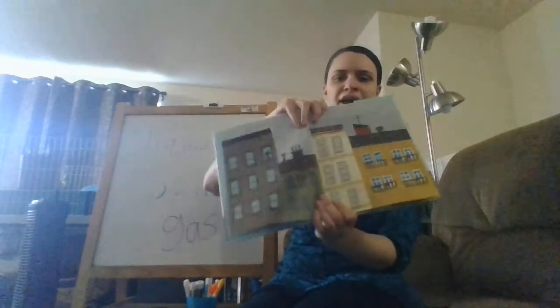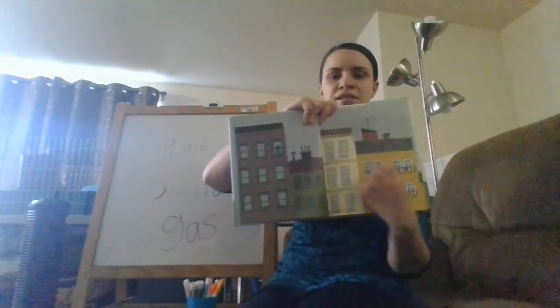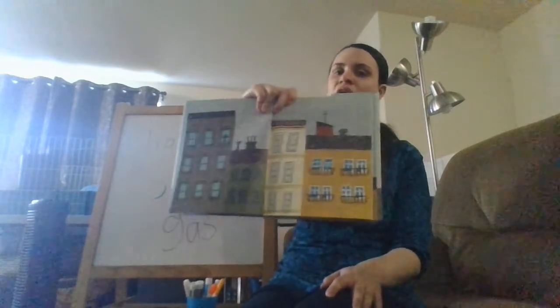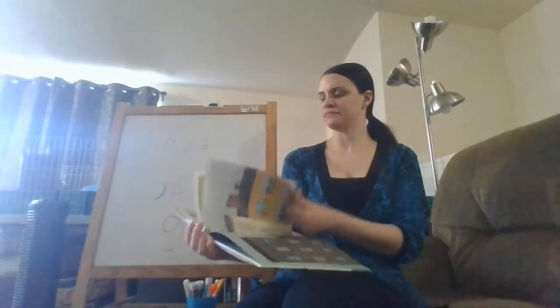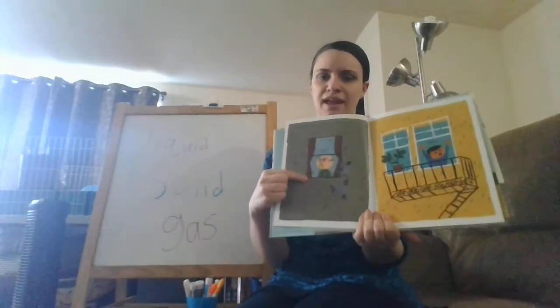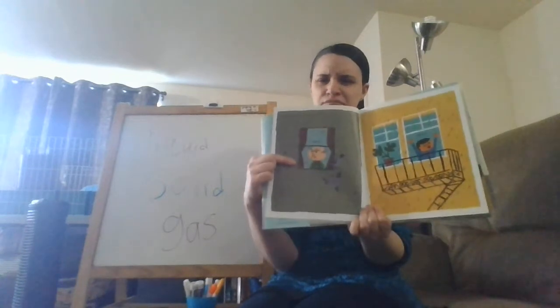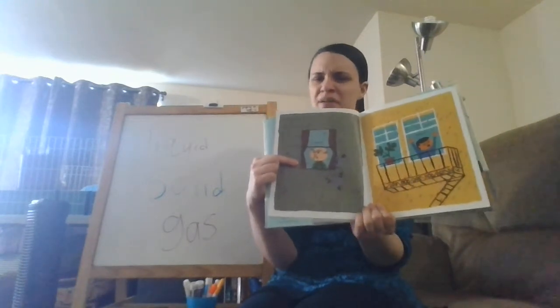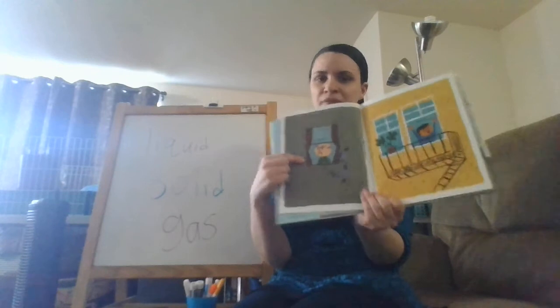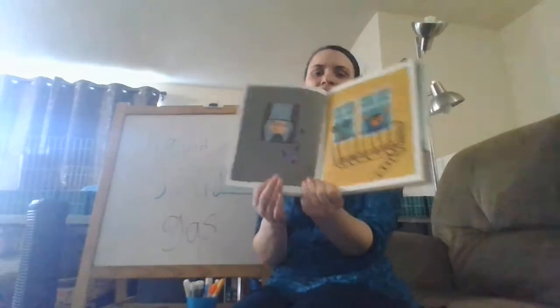Look at all that rain. And look, those kids live in a city just like we do, right? Here's some apartment buildings. So it's a city just like ours. Rain. How does this guy look like he's feeling? Yeah, he looks pretty grumpy, right? You can see his face is like, he's grumpy. Where this little kid is like, rain, yay.